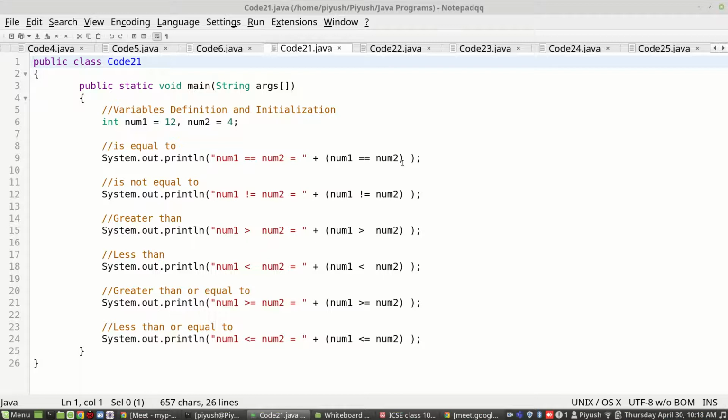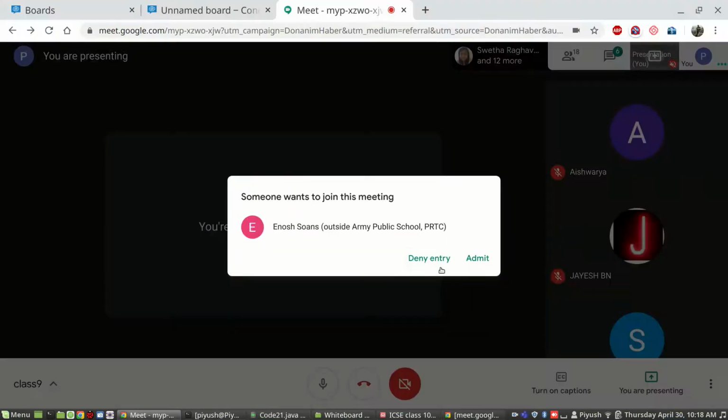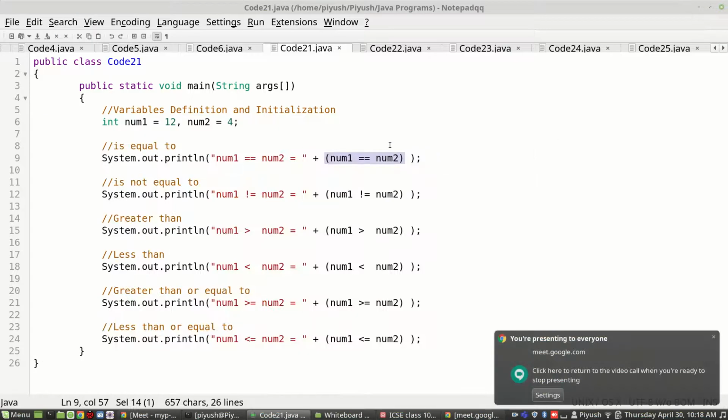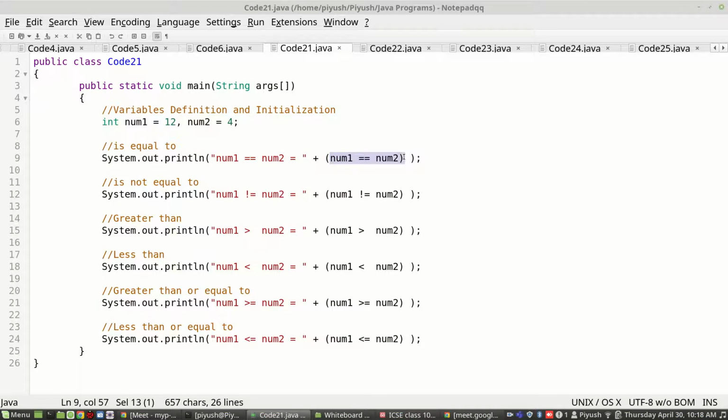And we also saw that if you are concatenating, then the relational operators inside print must be contained within brackets. The relational operator must be contained within simple brackets, else it results in an error, so that the result can be computed first and then that result can be concatenated. As per the condition for these 2 numbers, 12 and 4, you got a different set of outputs in the form of true and false.